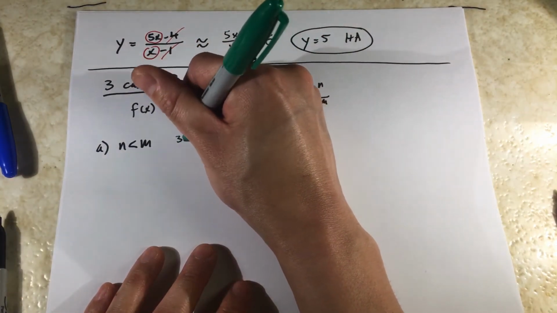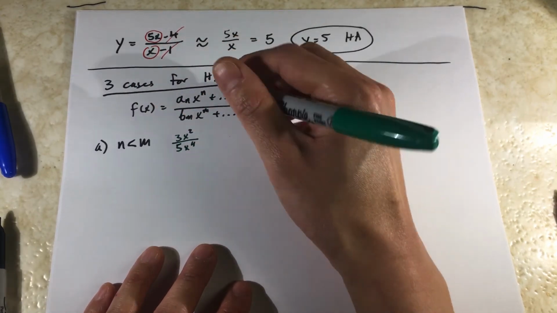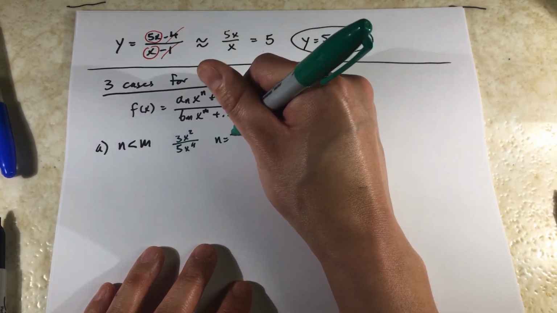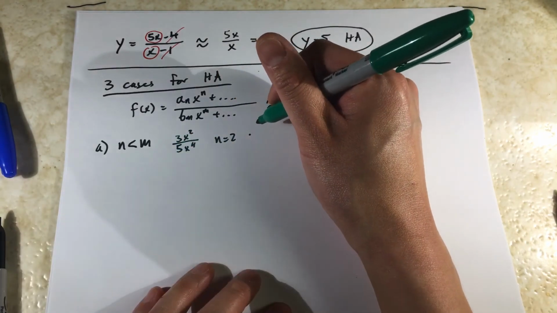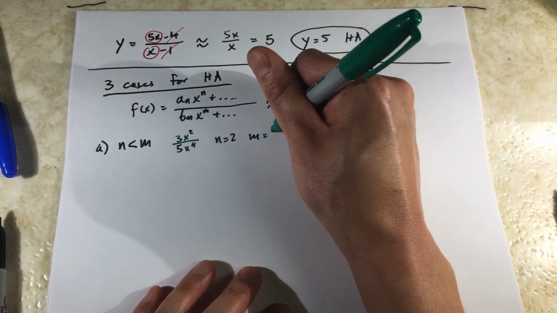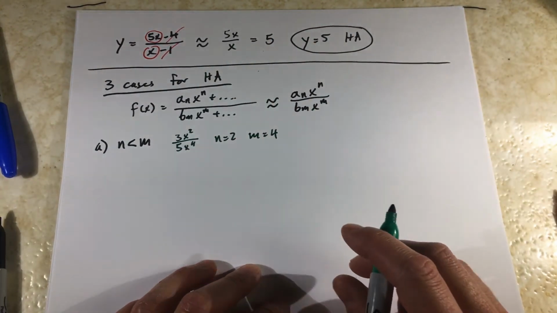Let's say we have 3x squared over 5x to the 4th. So in this case, n would be equal to 2 because that's the highest power. X squared is 2. And then m is equal to 4. And clearly, n is less than m. And in that case,